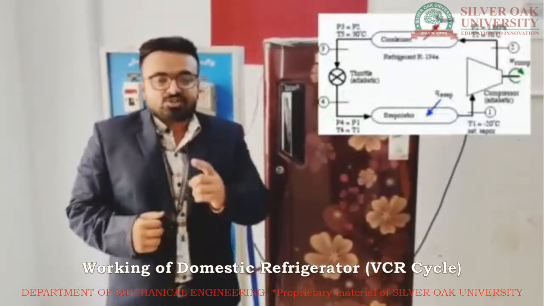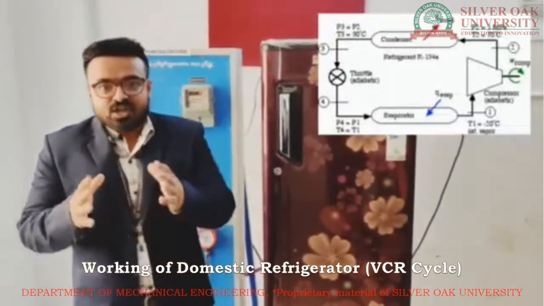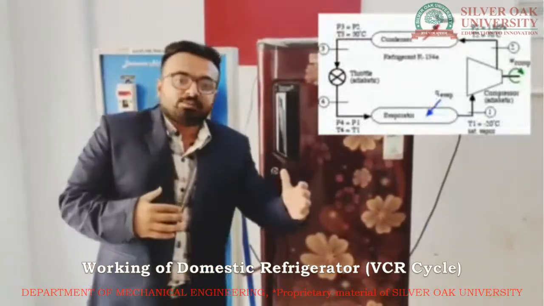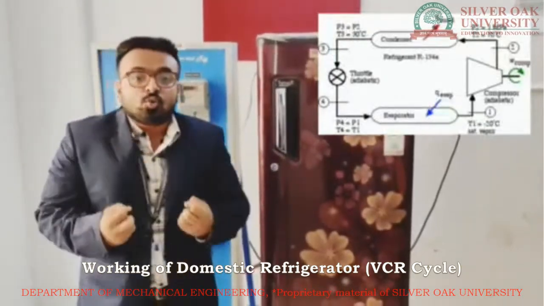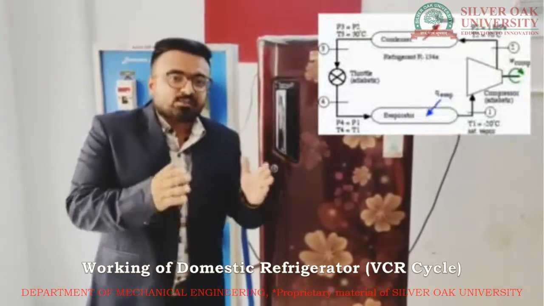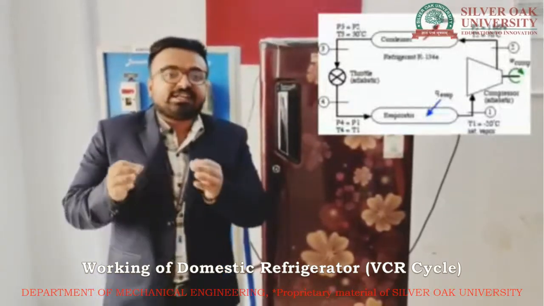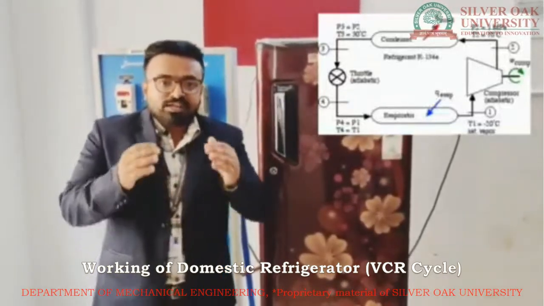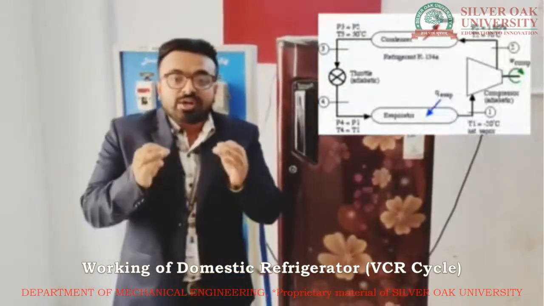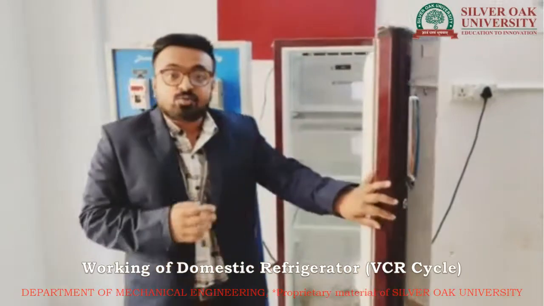The second component, as you guessed it right, is the condenser. Now what does the condenser do? It is a heat exchanger. A condenser is basically a heat exchanger which exchanges heat with the atmosphere so that your refrigerant cools down and there is latent heat transfer. Now as you know, there are two types of heat transfer, sensible and latent heat transfers. So in the condenser there is latent heat transfer. So from there it goes on to the throttling device wherein the pressure drops and the liquid refrigerant enters the evaporator of the domestic refrigerator, as you can see over here.